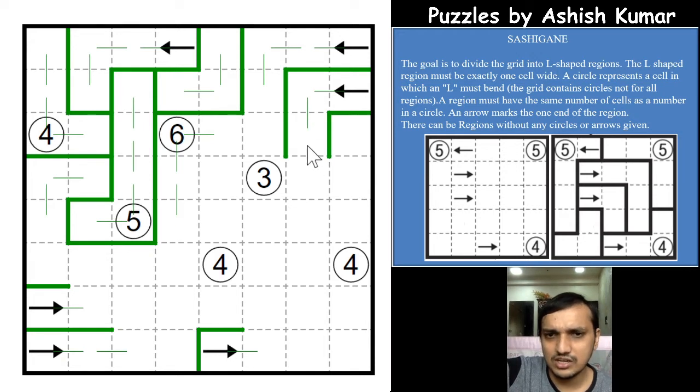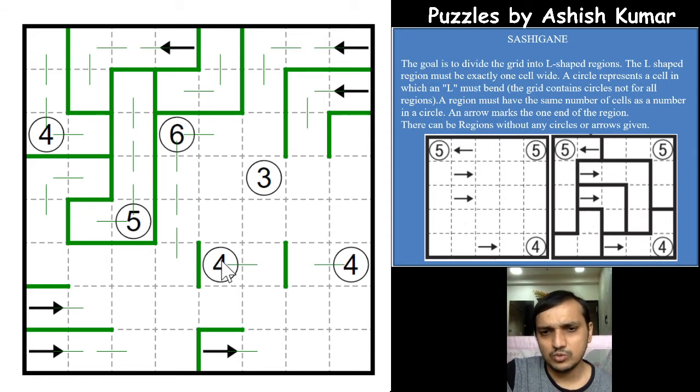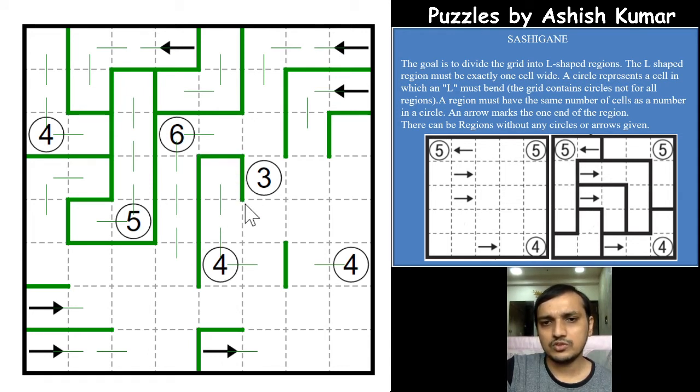It can still extend down. We are not sure if it stops here or extends down. And if you see for the 6, at least one of these cells will be part of the 6 cell region. 1, 2, 3, 4, 5, 6. This has to be part of the region. The same way we got the 4 here and the 4 here, because it is next to an edge. And this 4, if you see, has to have 2 more cells for the region to complete. It will either go up or down, and down we don't have 2 cells, so it has to go up. So we form a 4 cell region for the 4,